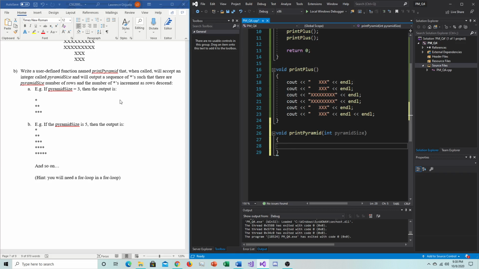Now, it's kind of tricky putting for loops inside for loops, but it's not so bad if you can, in your head, compartmentalize the work. So the way I see it, the first for loop is going to be starting a new row, right? Now the number of rows is going to be equal to pyramid size. So I'm going to have an outer for loop that iterates pyramid size number of times, okay? So for int I equals